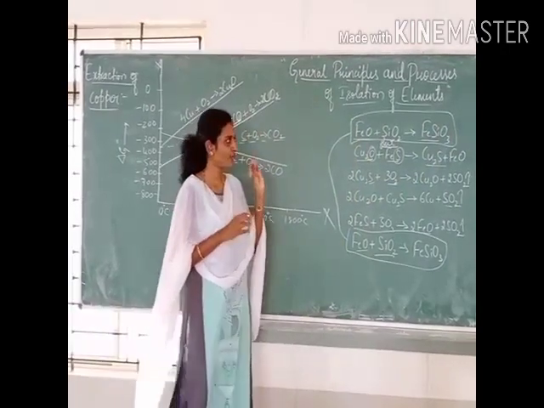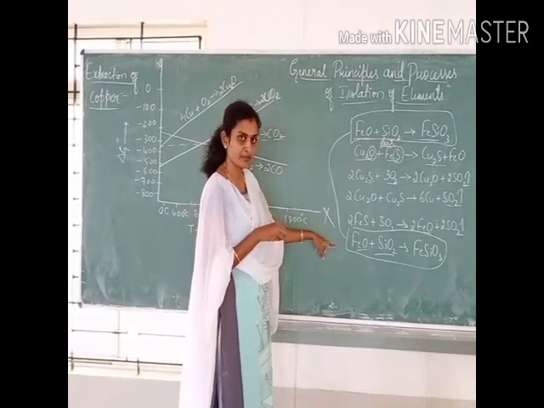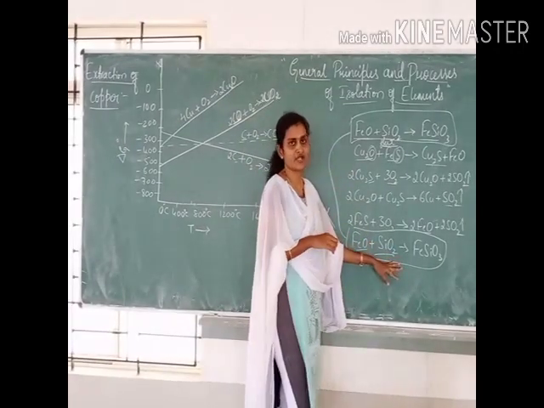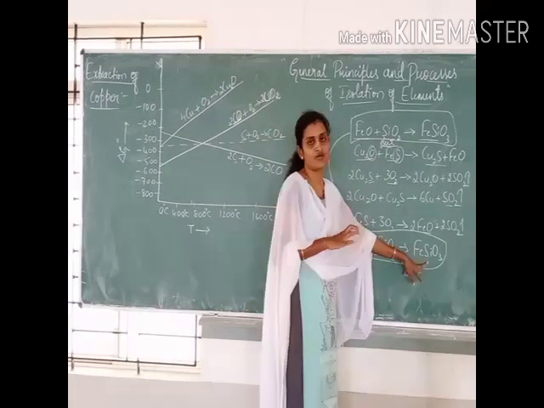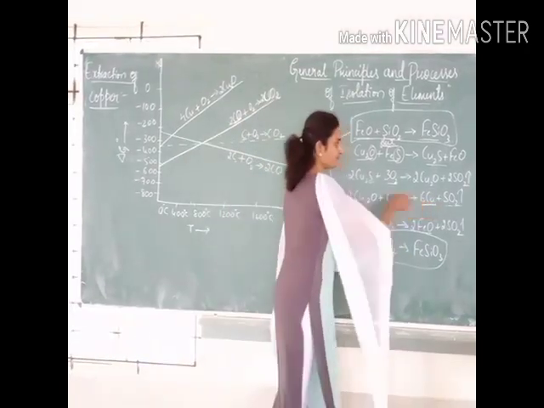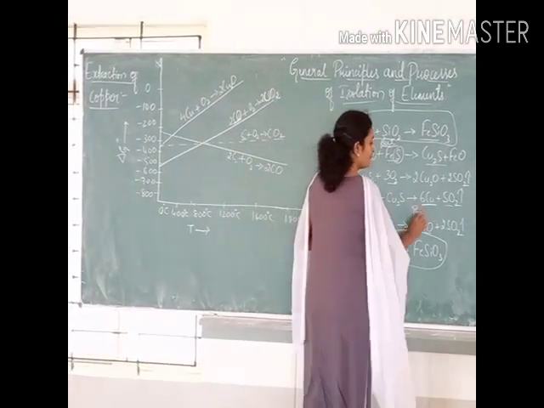In the beginning only a few amounts of slag will be removed, and even if at last anything is remaining, again it combines with the silica, or if some more silica is added, then ferrous silicate will be removed in the form of slag as an impurity. At last, whatever you get here, what copper do you ultimately get? This is called blister copper.